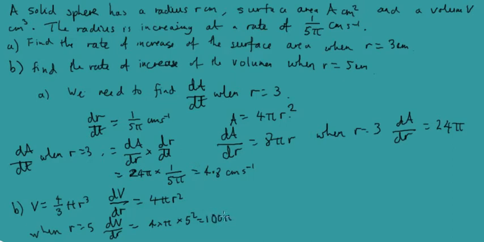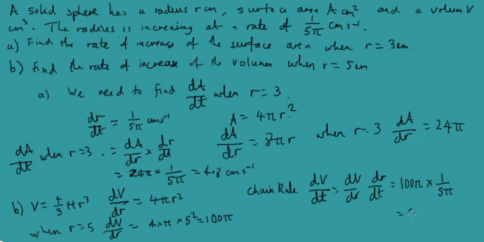100 pi. Now we're using the chain rule again. So the rate of change of the volume this time with respect to t is dV by dr multiplied by dr by dt. Now we know that when r is 5, dV by dr is 100 pi, and we've already been told previously that the radius increases at a rate of 1 over 5 pi. So that's going to give us 20